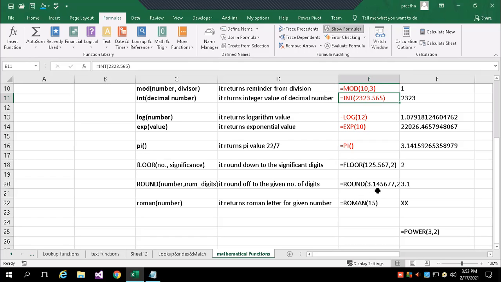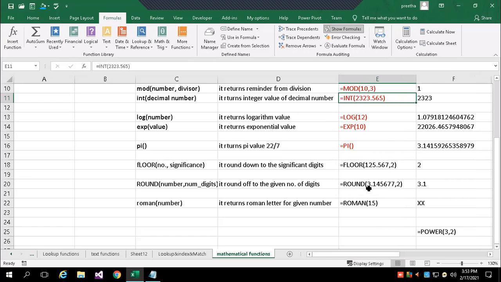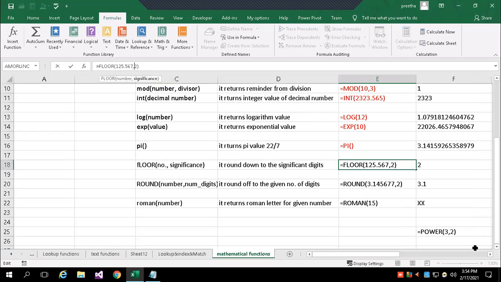So for example, in round off, I have given 3.14567 comma 2. The second value means I want only 2 decimals, but it has 4, so we get only 3.14. And in the floor, the next multiple of 12 within that.